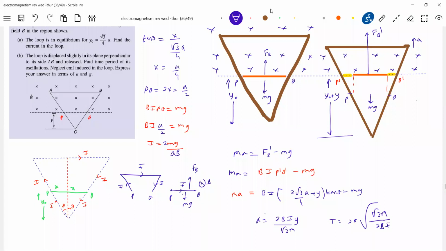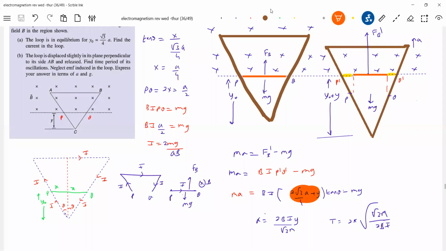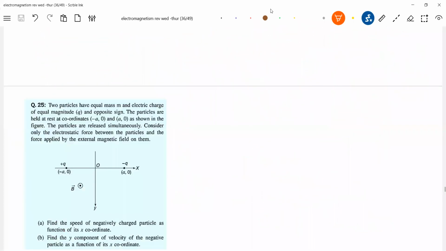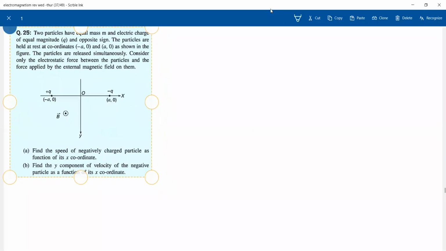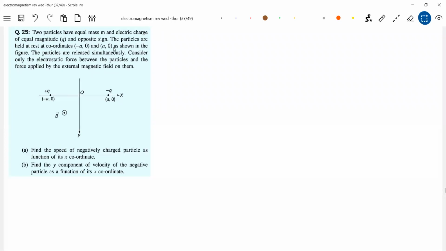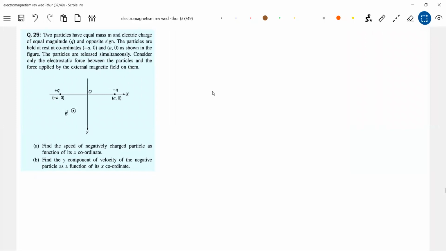Sir, how are you writing this? Look at the geometry here. That additional length, P'Q', is what you should calculate from the diagram. Any other shaped loop can also come, so just be alert. Let's take this one. Read the question.